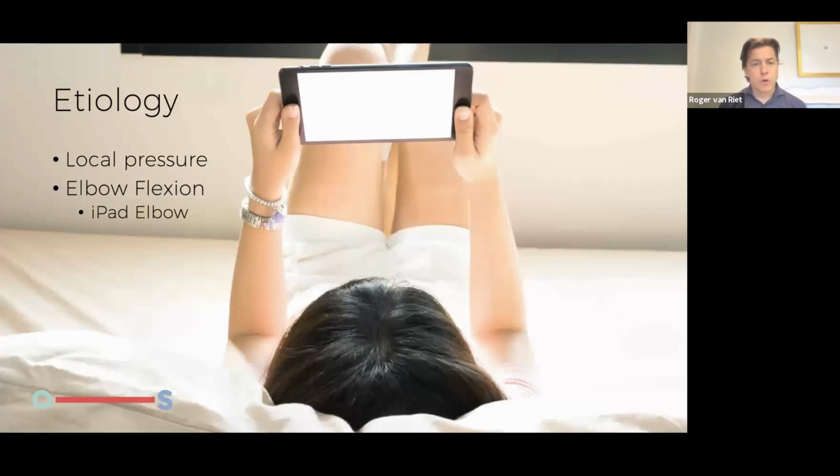Etiology: definitely local pressure plays a role, so avoid local pressure in patients that have symptoms. Prolonged elbow flexion, and our colleague Noorani very recently coined the term iPad elbow. And I think this is correct. So this position in bed, local pressure on the ulnar nerve, and prolonged elbow flexion. Obviously, it can happen with the cell phone as well, but these are two things that contribute to ulnar nerve